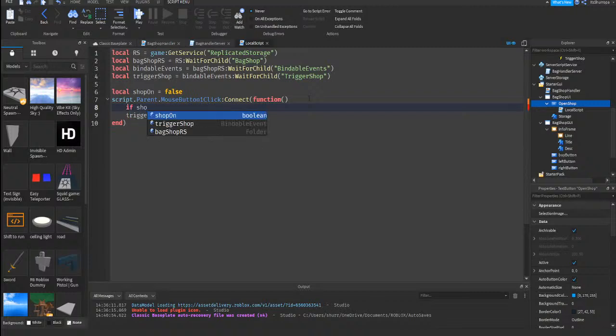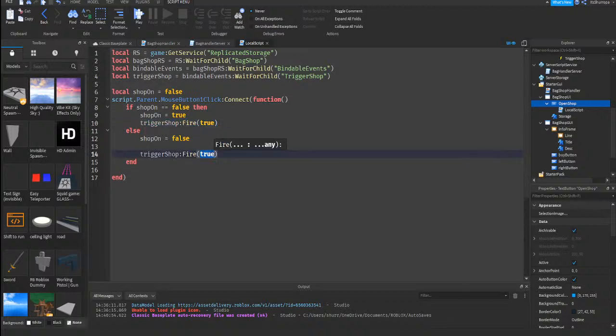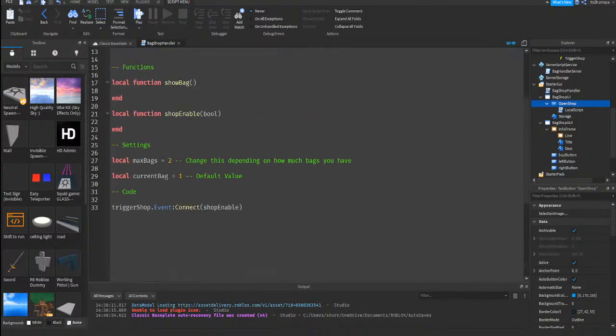I'm going to check if shop on is equal to false, then we do... okay, and then for else, make that false. Okay. And then right here,